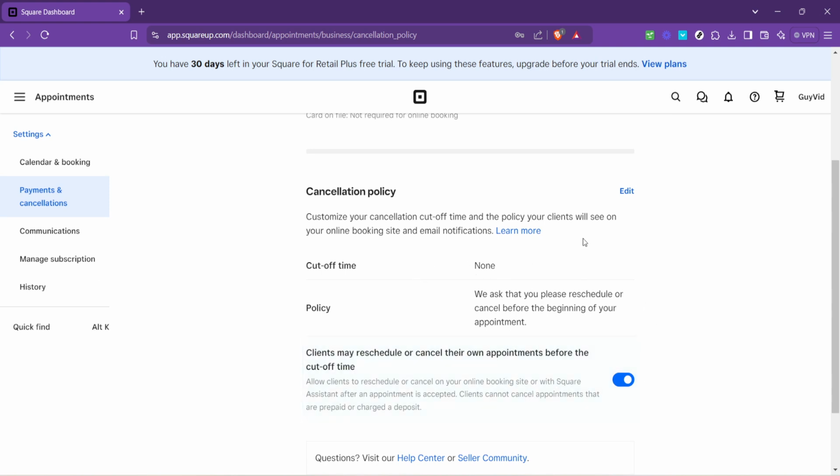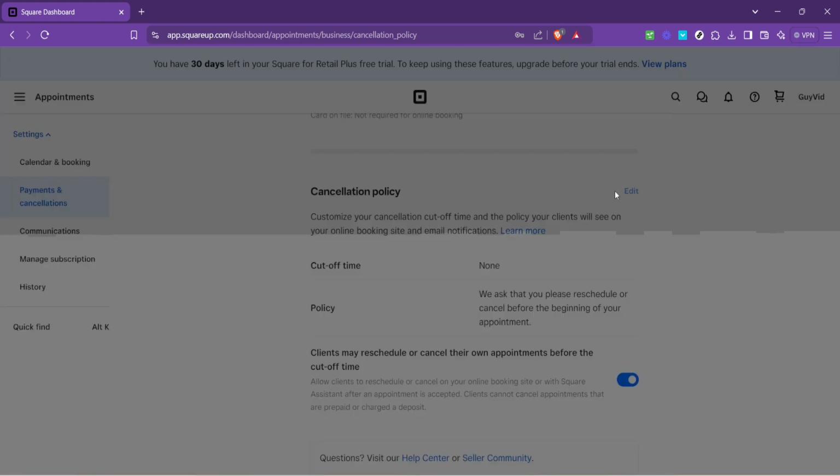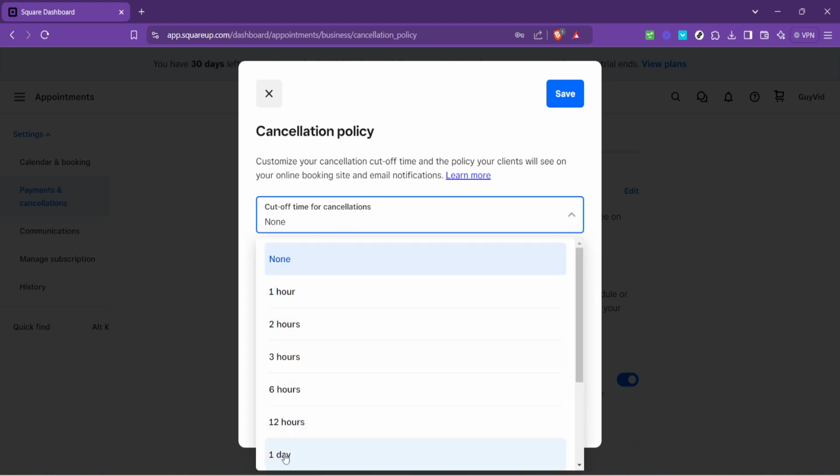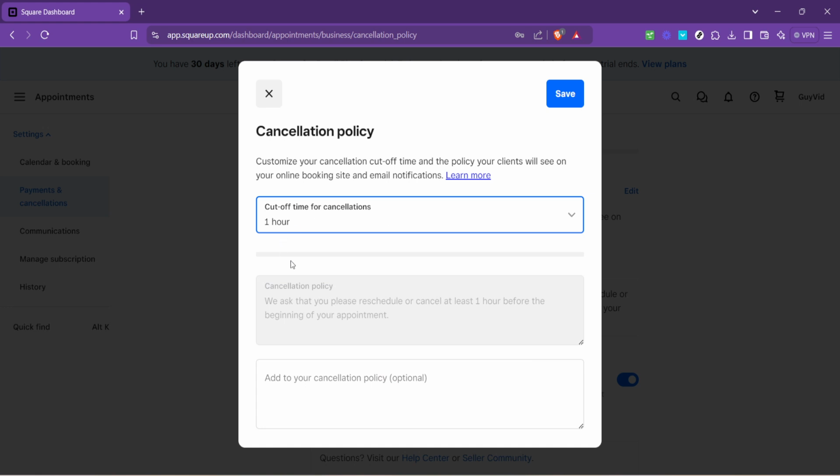Now, you'll be on a page specifically focused on managing your cancellation policy. Here, look for Cancellation Policy, and beside it, an Edit button. Click on Edit to start making changes to your policy. This is your chance to revisit and revise the policy that defines how cancellations are handled for your business. One of the key settings is the cut-off time for cancellations. This is essentially the window during which clients can cancel their appointments without incurring a fee. It's a critical setting because it dictates how much notice you require, which can significantly impact how you manage and fill your schedule. Think carefully about the cut-off time that makes sense for your business. Whether it's 24 hours or 48, this setting ensures that both you and your clients have clear expectations.